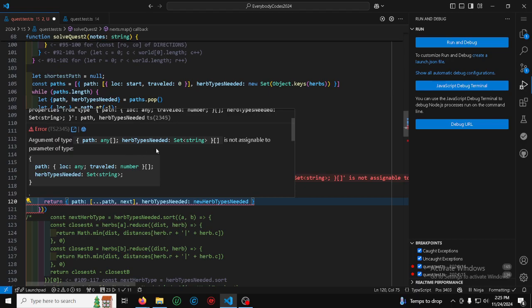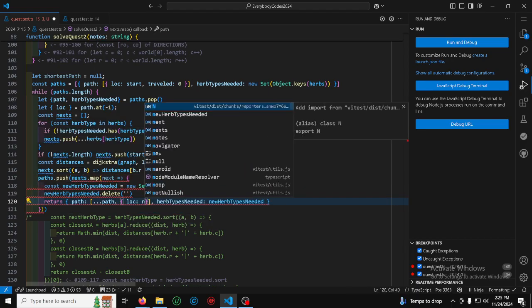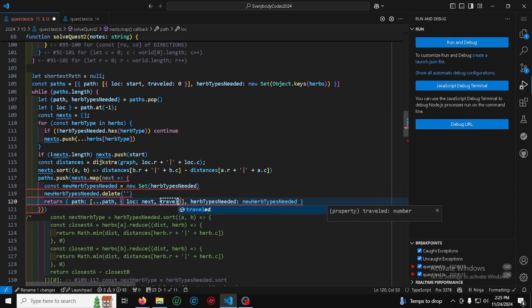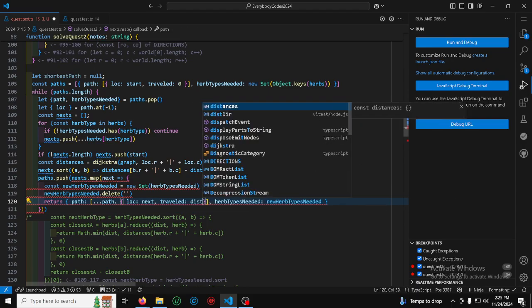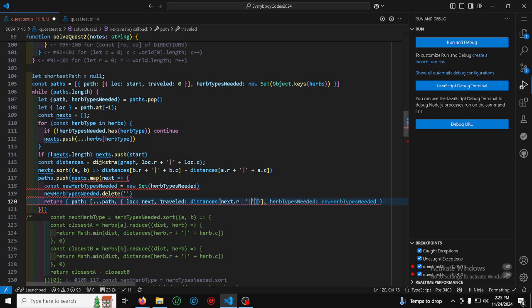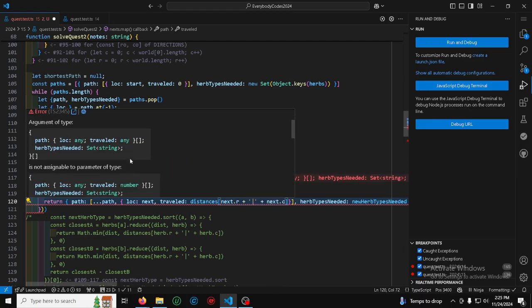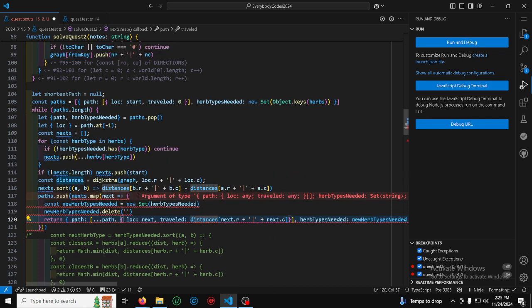Argument of path any. Ooh, path, location, and traveled. So I have location is next. Traveled is distances. Next R. Next C. I think I lost a plus. Feeling better. Any is not assignable to any number. Don't you worry. Distances is